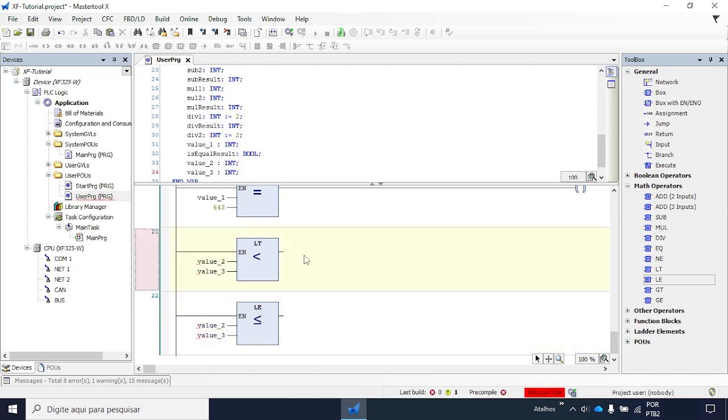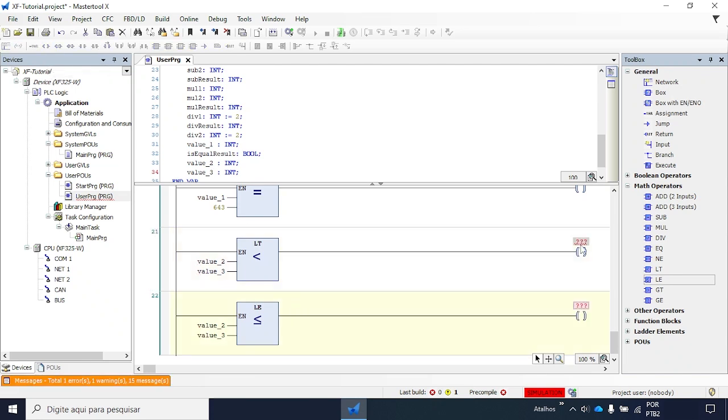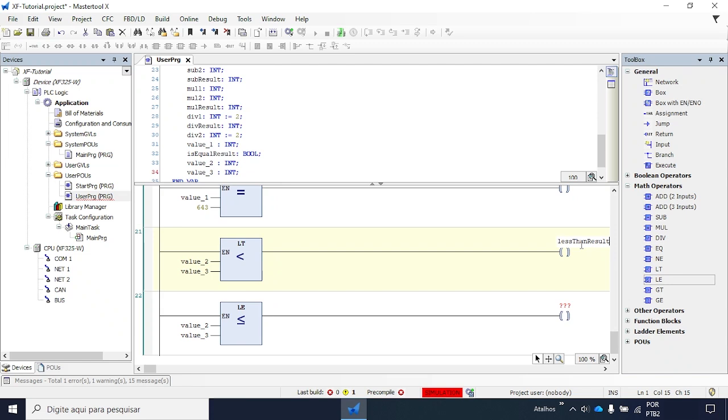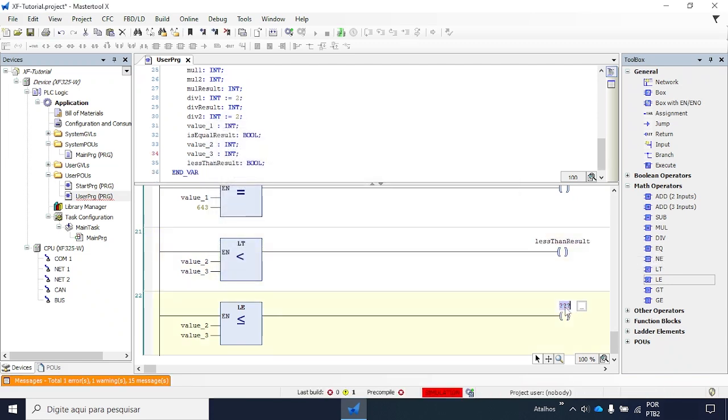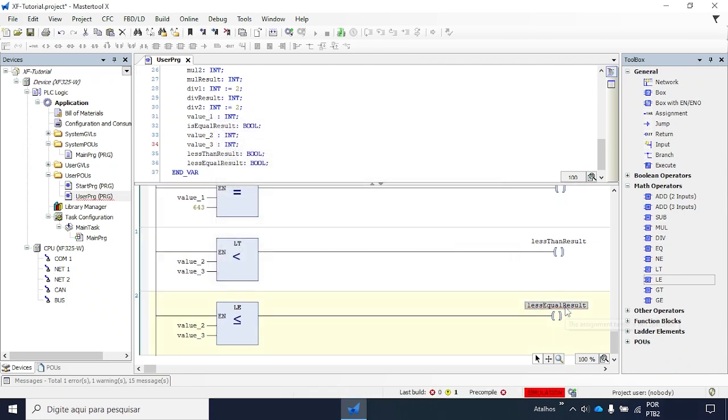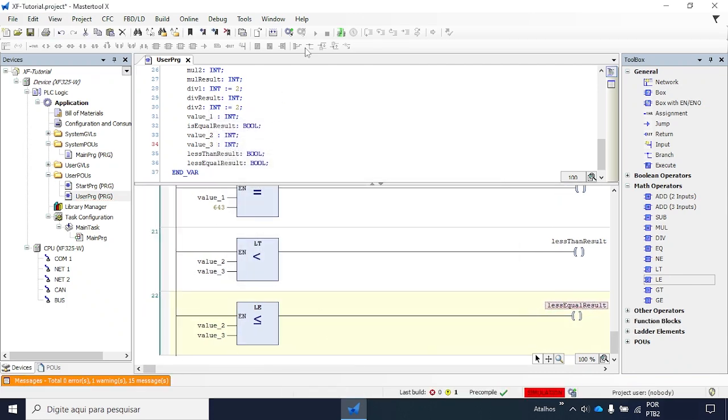I'll also add a coil to one of those to visualize the result. And there we go. Now let's test this logic.